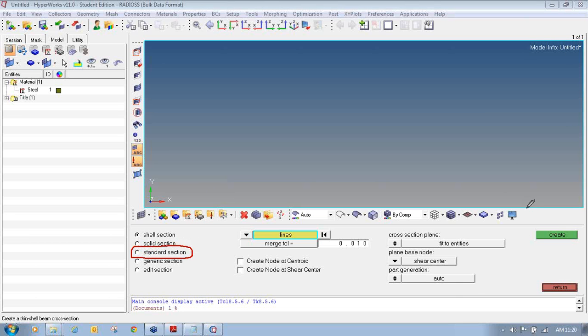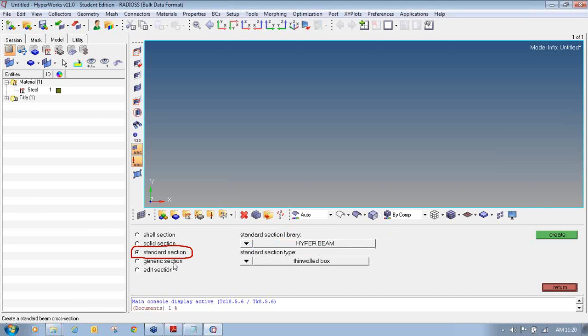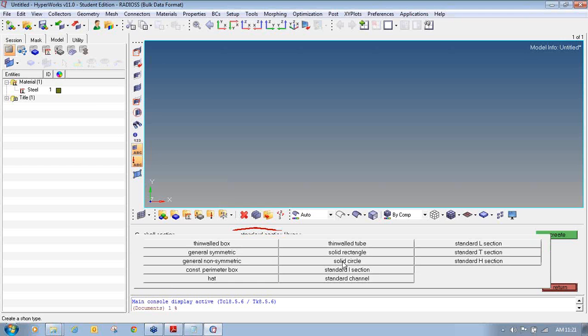The standard section radio button will provide you some standard sections available in Hyperbeam which you can directly create. Once you enter the standard section, select the standard section library as Hyperbeam. Click on the drop down and select the standard section library as Hyperbeam. Then select the standard section type as solid circle, because as per my problem definition,